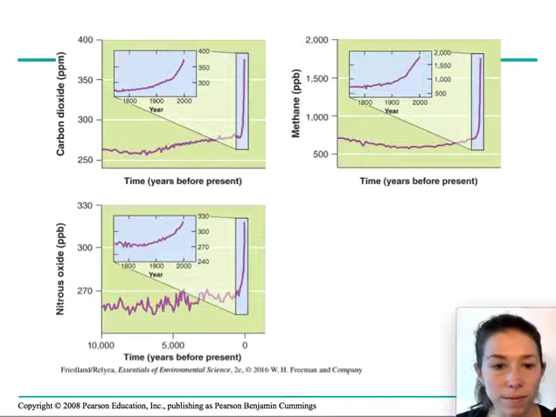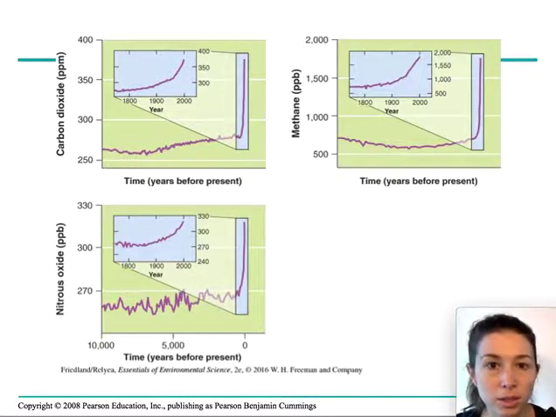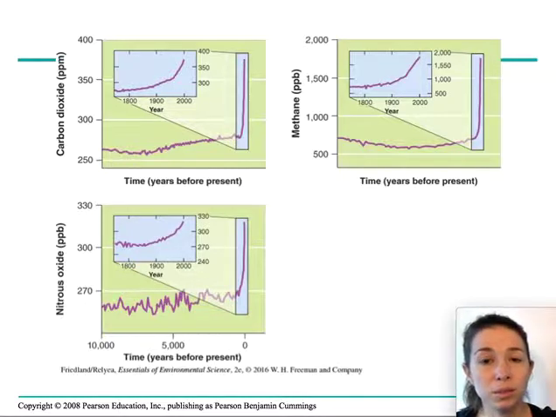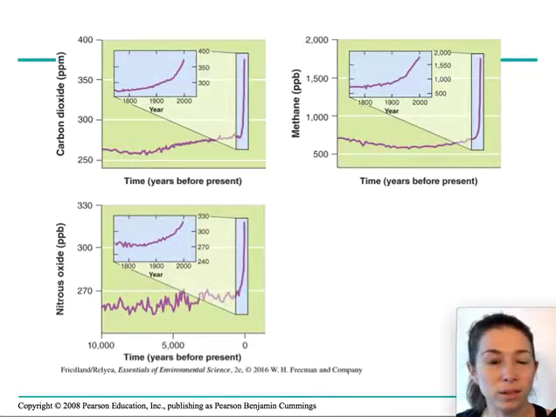So this graph is looking at 10,000 years ago to present, and you might observe that there are fluctuations over time. However, if we focus on the last 100 or 200 years, we see a very, very sharp spike up of carbon dioxide, methane, and nitrous oxide due to human activity. And the beginning of the spike, the beginning of this uptick, correlates perfectly with the beginning of the Industrial Revolution that occurred, where we start producing greenhouse gases rapidly in our factories and by manufacturing things and burning coal and burning